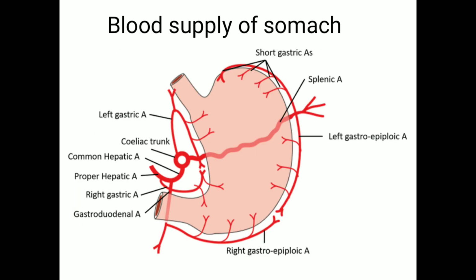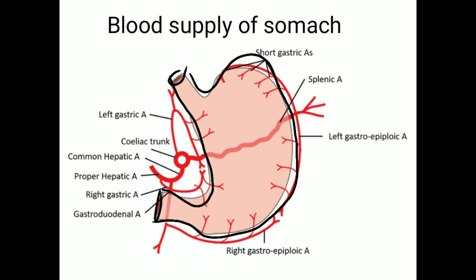Okay, next we look at the blood supply to the stomach. Any organ has a blood supply. So remember, draw a diagram of the stomach. Then next, draw the artery here, which is the major artery. You can see it like this, that is called the celiac trunk. So draw the celiac trunk.